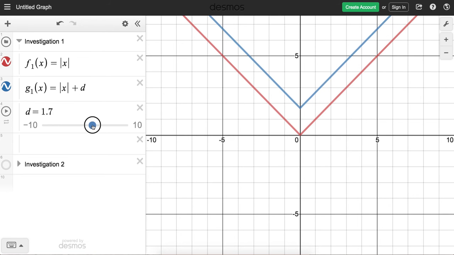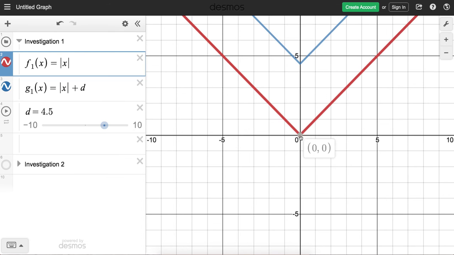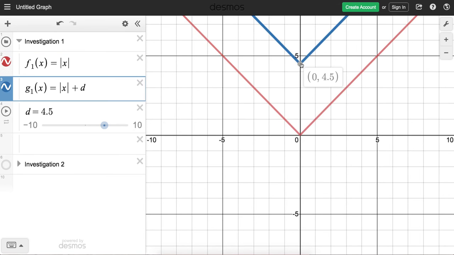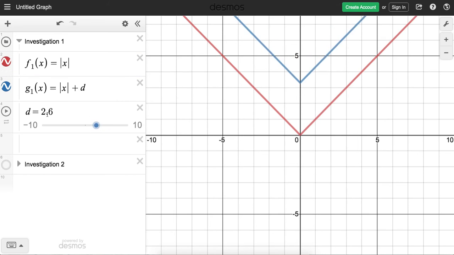And as we increase the value that we add, notice our graph is moving upward. So for instance, in blue here, we have the graph of the absolute value of x and then plus 4.5. So we can take a look at these points here and see what happened with our original function in red. And now if we reset this back to 0,